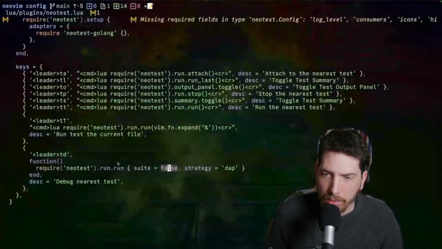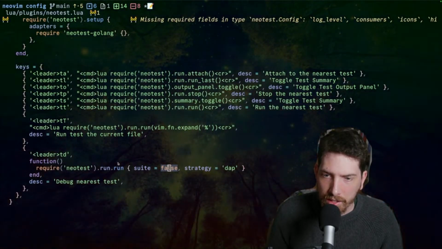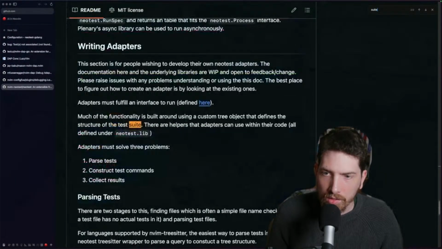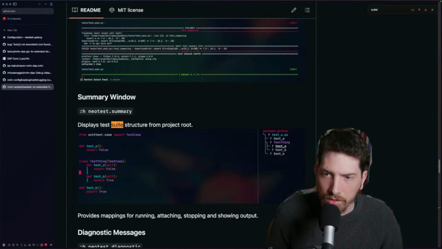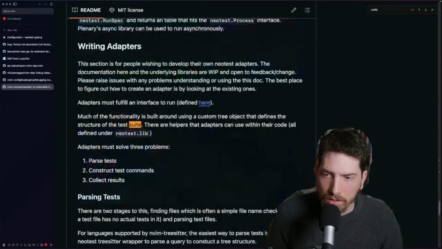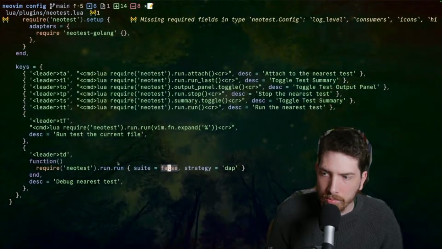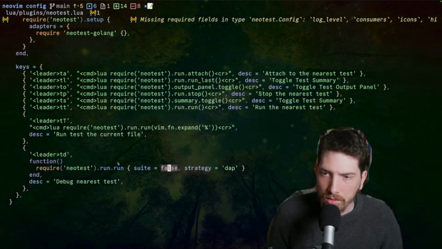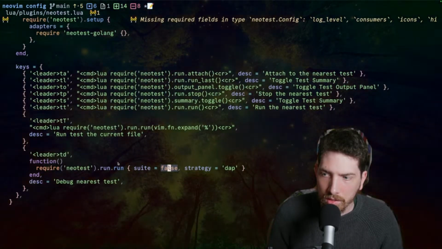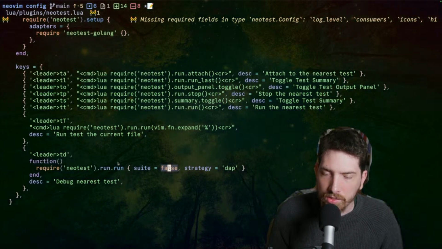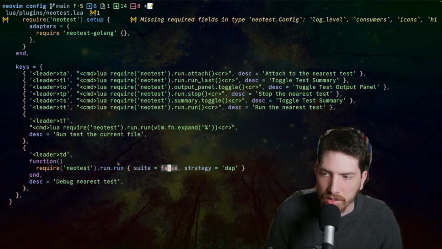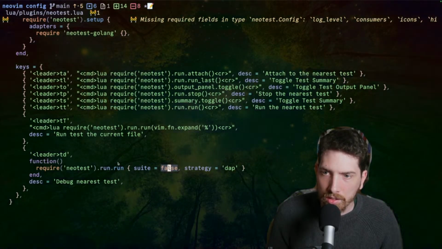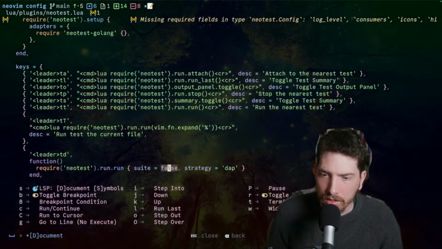Strategy DAP, suite. When starting the debug, I see. Well, let's get